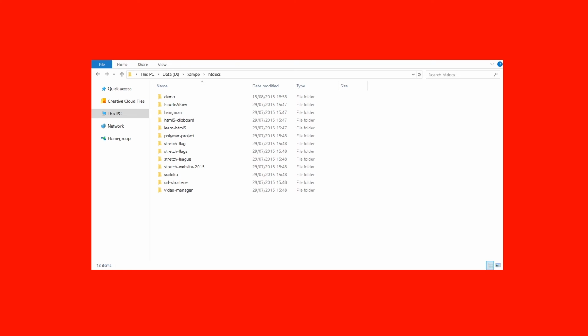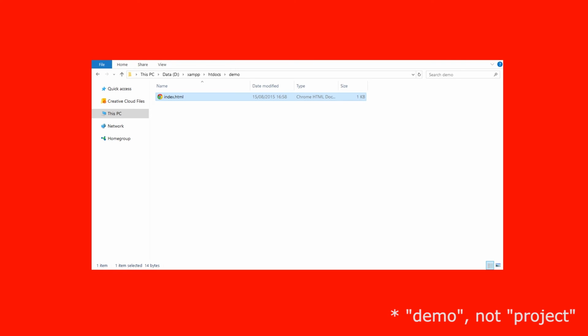To use custom domain names, you need to edit two files. But before we do, I just want to show you that I've created a folder called project in the htdocs folder, and it just contains one file called index.html, which is what we're going to use to test that we've added this new website. So the first file we need to edit is called hosts, and if you're using Windows,